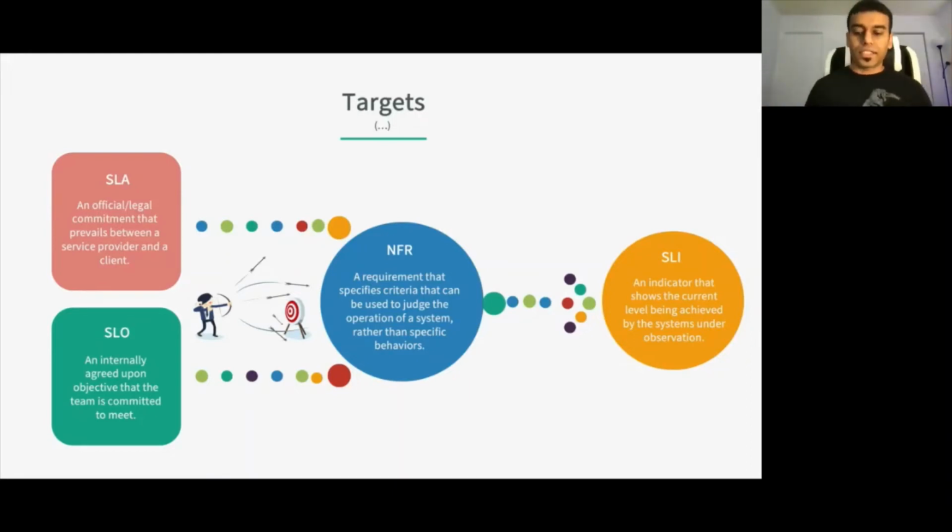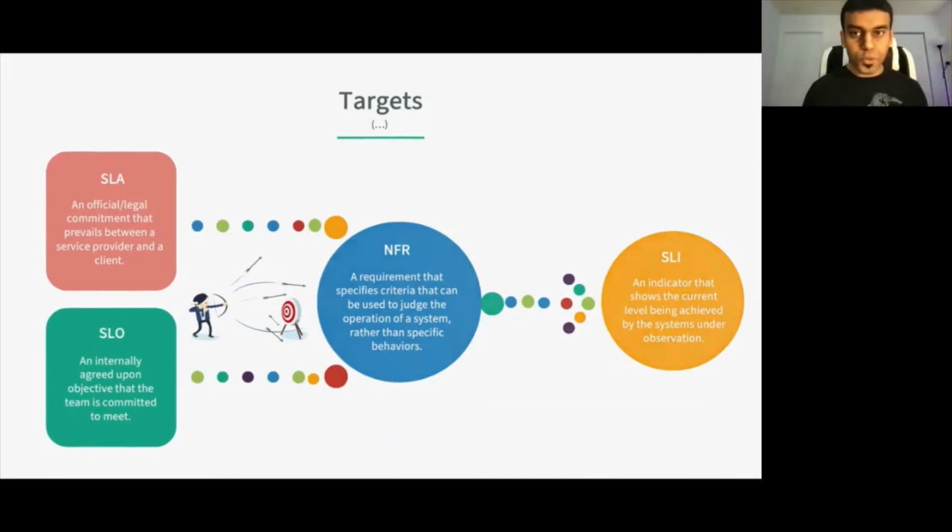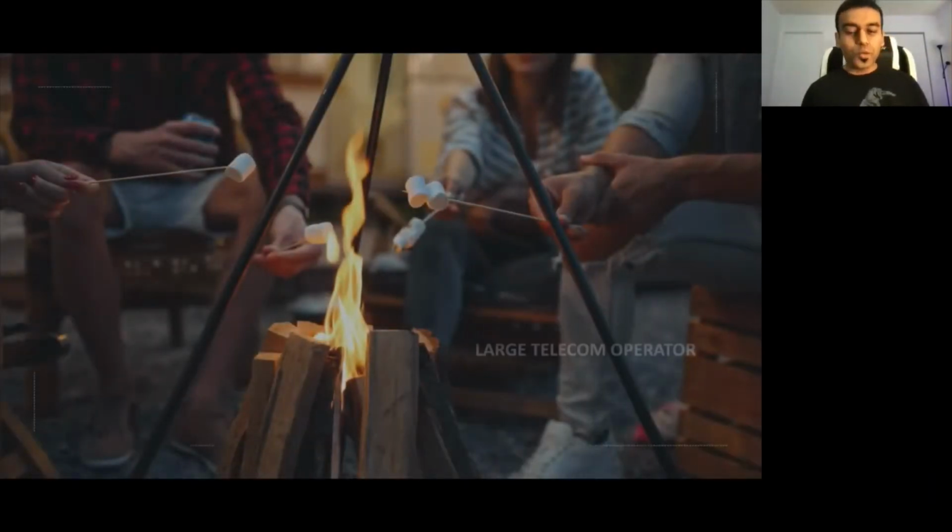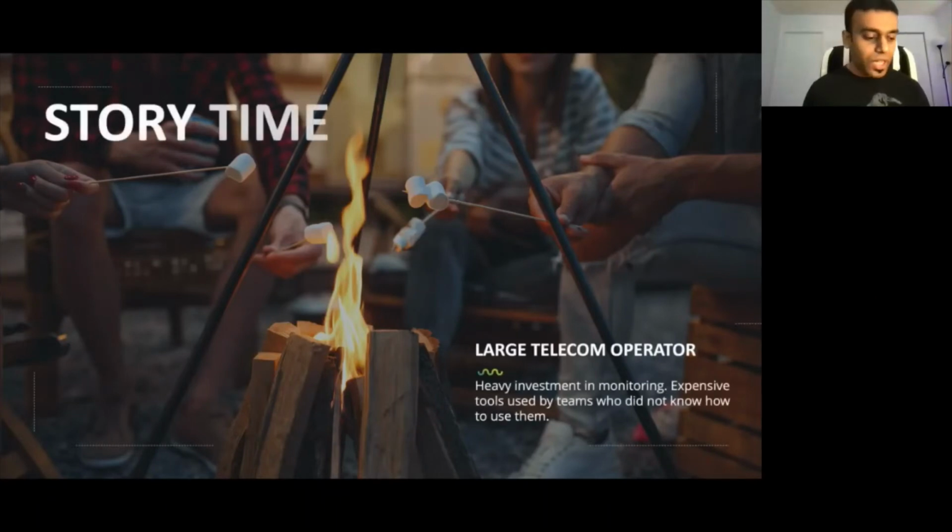Correct. So that was the first story and the high level learnings from it. Let's jump into story number two. And again, not going to spend too much time on the story, want to spend a little more time on the learning. So this was a very large telecom operator in the land down under, and they had a